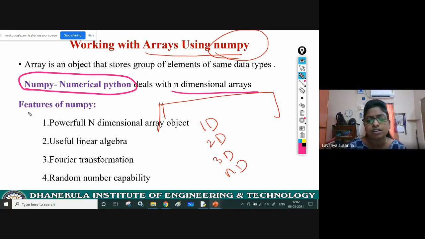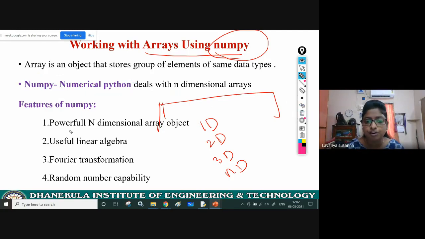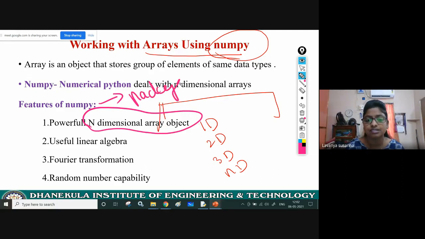Now see what are the features of NumPy. NumPy is a package. NumPy means numerical Python, and it deals with n-dimensional arrays.